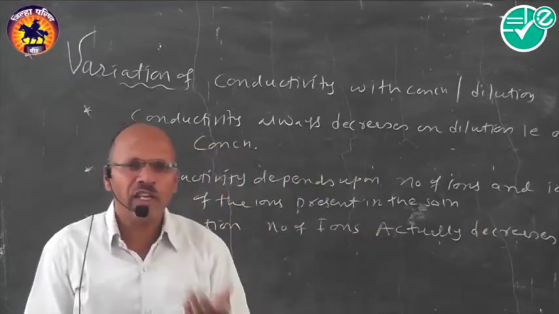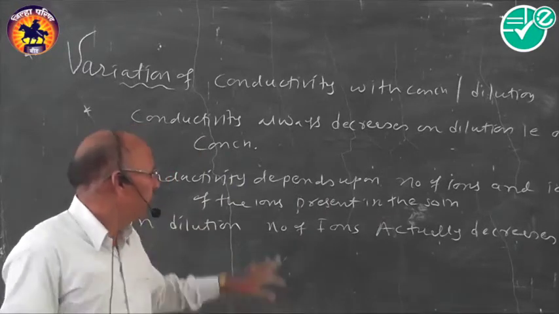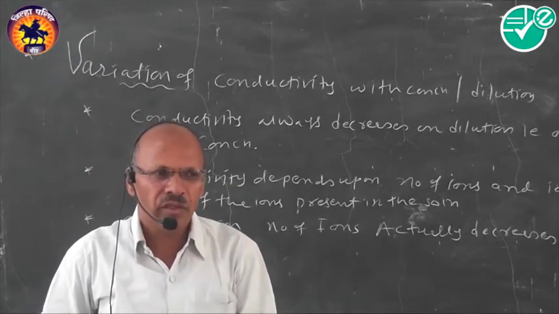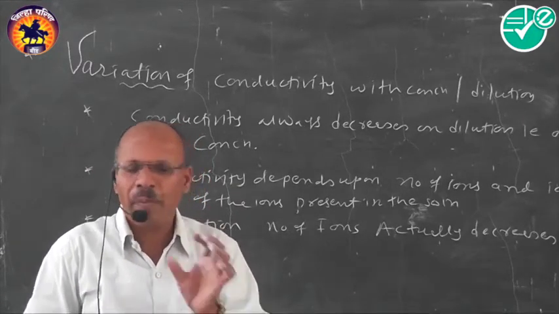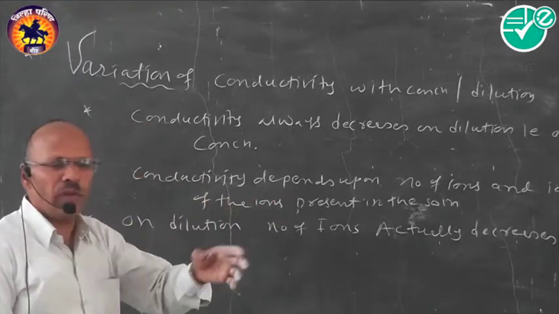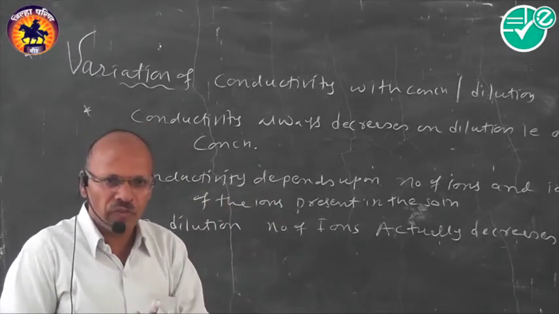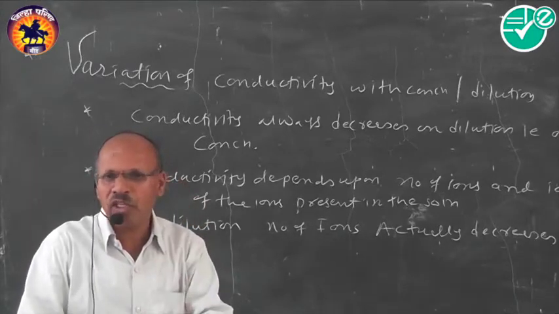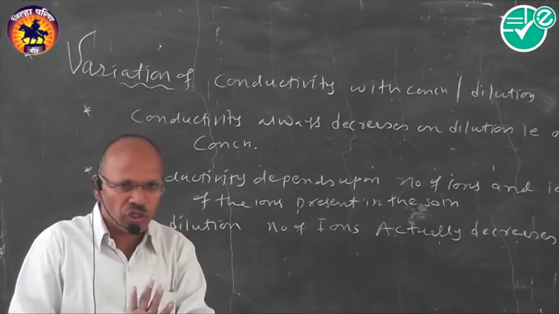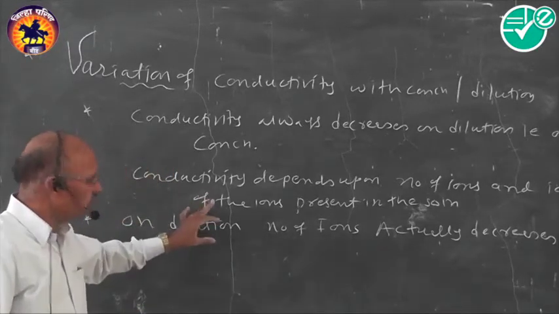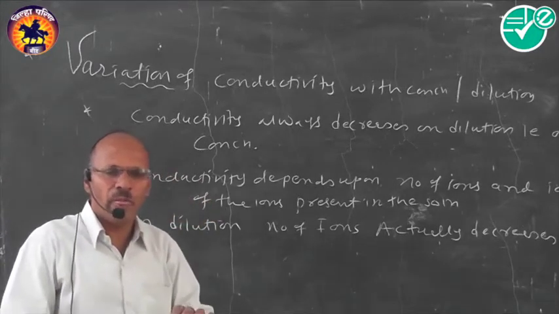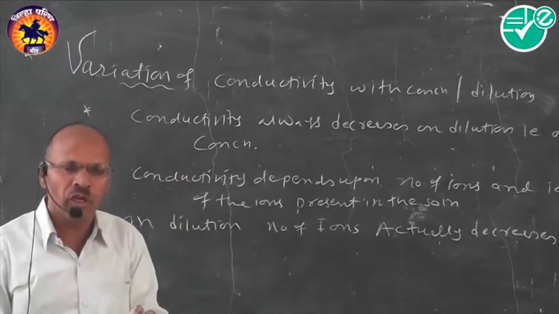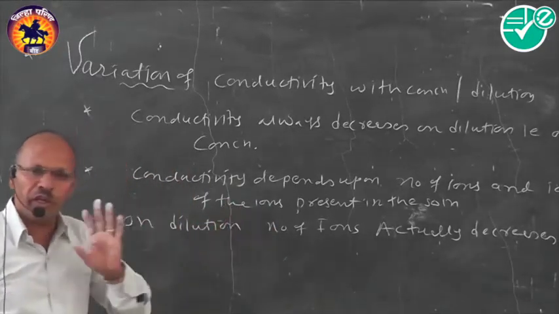त्या सोल्युशन मध्ये किती आयन्स आहेत, त्याची आयनिक मोबिलिटी काय आहे, याच्यावर डिपेंड असते, बरोबर. Then what happens on dilution? डायल्युशन केल्यानंतर होतं काय, आपल्याला तर वाटतं की डायल्युशन केलं असेल तर ॲक्च्युअली number of ions वाढले पाहिजे due to degree of dissociation. Then what happens here actually? In this case if you dilute the solution, number of ions increases no doubt after dissociation after dilution, but in this particular case increasing number of ions is not in proportion to the dilution, म्हणजे जितका proportion आपण dilution करतो तितका proportion हे number of ions increase होत नाहीत